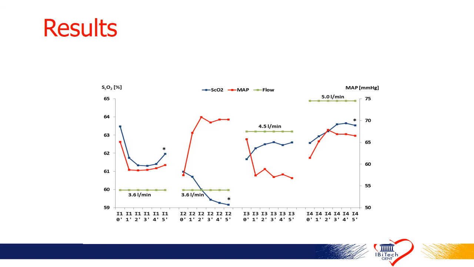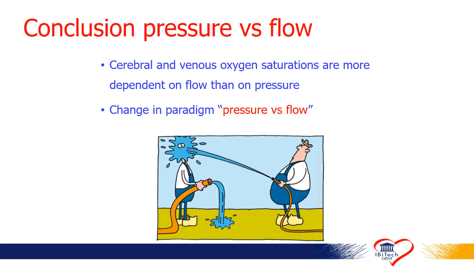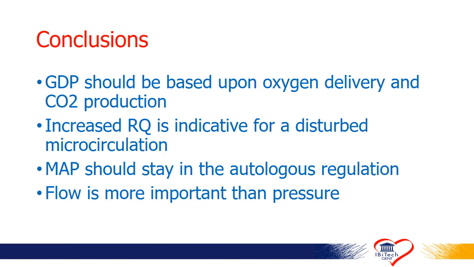So it's important to maintain the idea that both of them have some importance. But what is the most important one? Well, if we go to this 20% decrease, then we also have a DO2 which is below this critical threshold. And that means that we can conclude that the first parameter to look for is flow. The second one, although not unimportant, will be pressure. So to conclude,